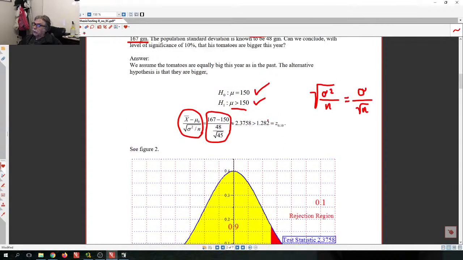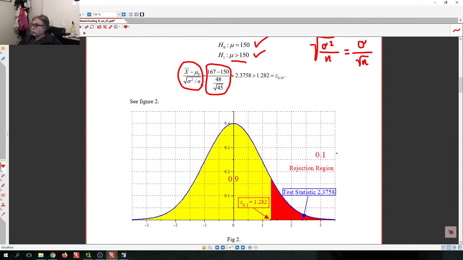Okay, and we have a 10% significance. So we're looking for a right tail of 10% significance. So we're looking for a critical value of the test. The critical value of the test is the number 1.282. How do I know that? Because